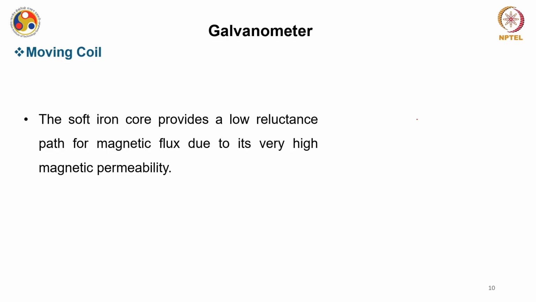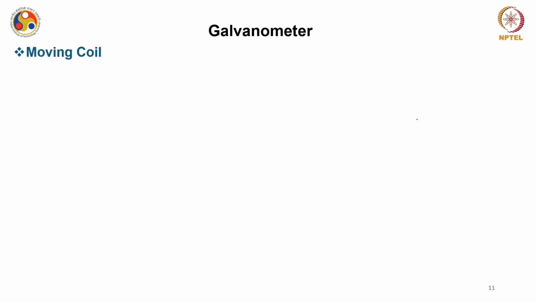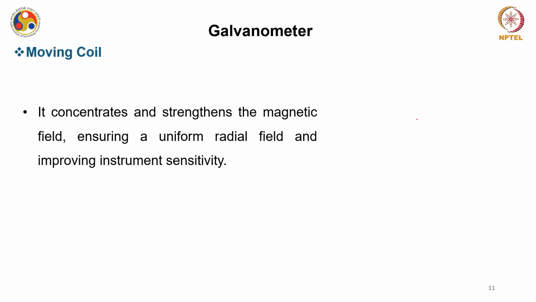The soft iron core basically provides a low reluctance path for the magnetic flux due to its very high magnetic permeability, because this is a soft iron material. Soft iron, we have already discussed what a soft iron or a hard iron is in previous lectures. So, this core concentrates and strengthens the magnetic field, which ensures a uniform radial field and improves